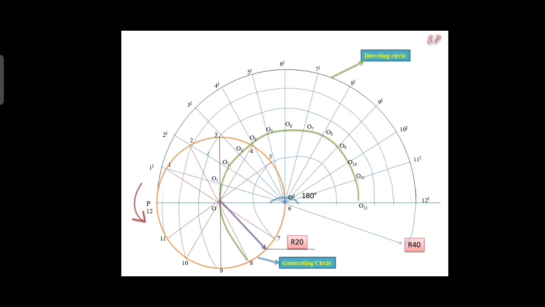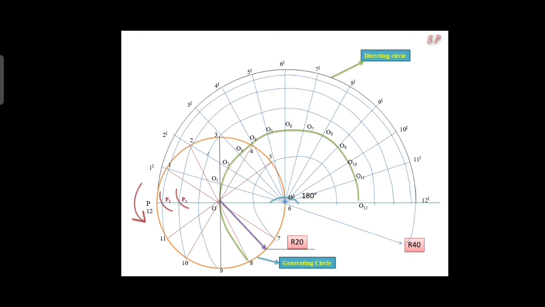Next, the locus arc 1, 11 locus arc, you draw it. After drawing this locus arc, O1 is the center and our generating circle radius, 20 mm, is the radius. You will draw the arc on our first point locus line, intersecting the arc; that point is P1. The next, O2 is the center, 20 mm is the radius. We will draw the arc on the second point locus, we will get